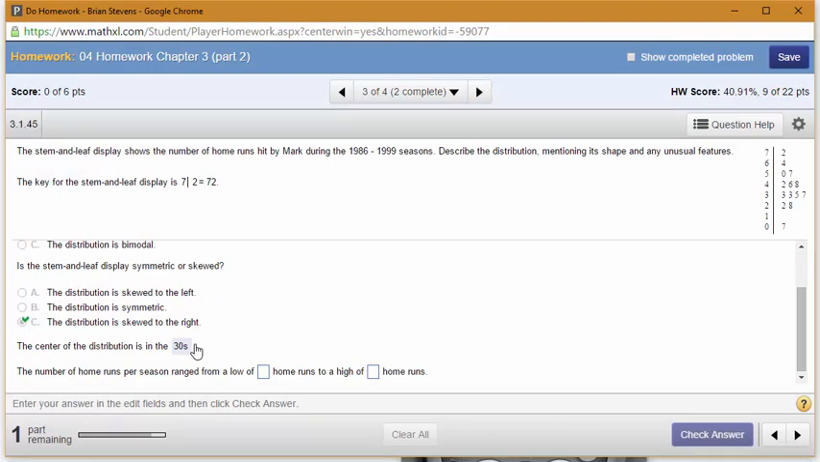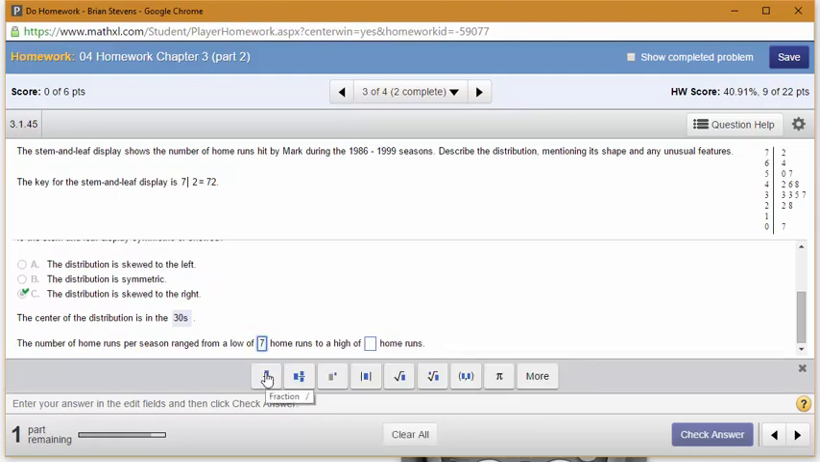The number of home runs per season range from a low of, and this is just seeing if you can read a stem and leaf plot. The lowest number here is 7, and the highest number here is 72. So the total range is 65. And just make sure you understand that each of these are a home run or home runs in a season